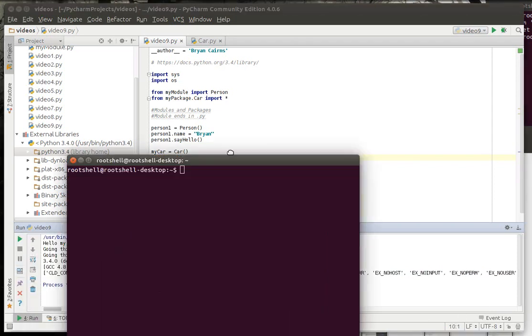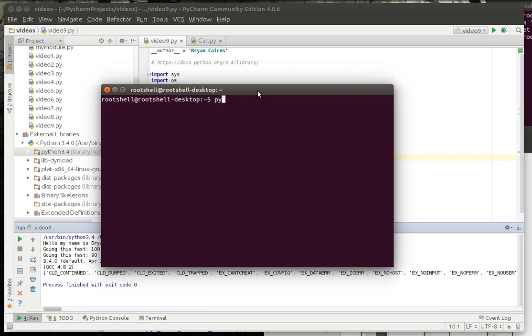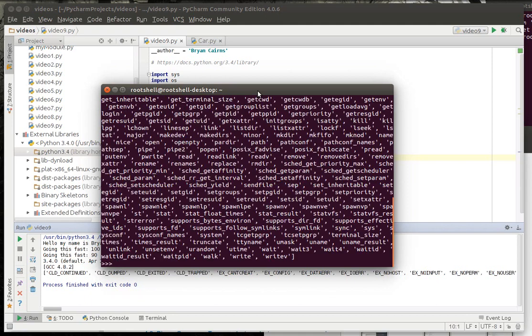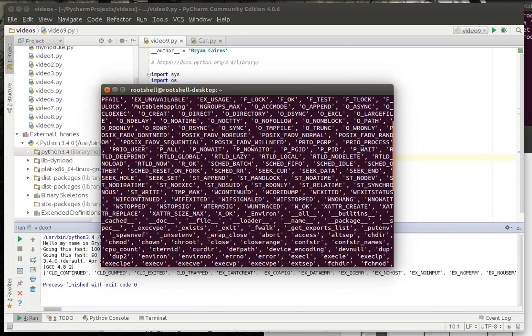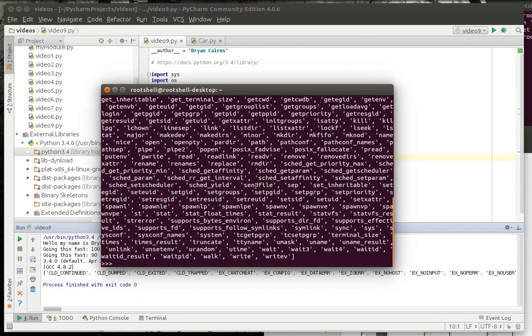So let's actually run Python. Say python3, and let's just say import os, and we're going to dir os. And you can see that's why it's there. It's for working on the command line. Now let's say there's something specific you want to know about. You can use what's called the help command. You say help os.write,